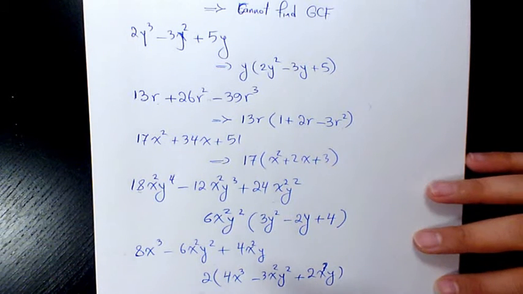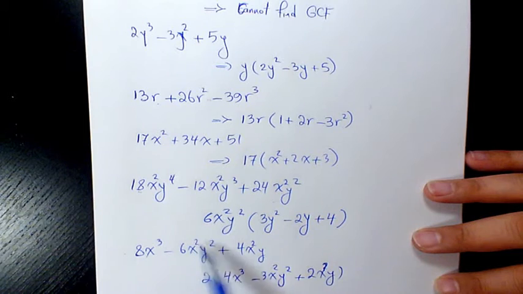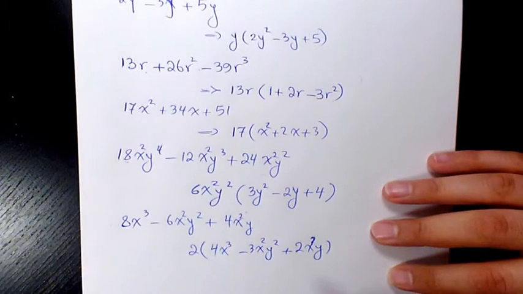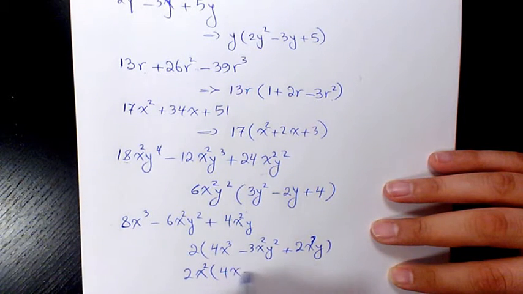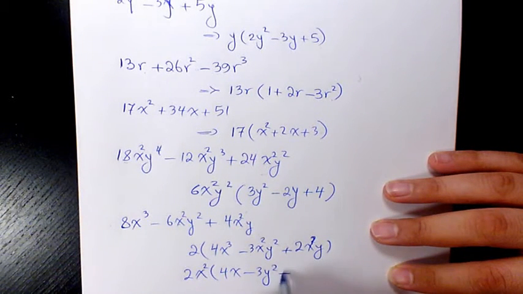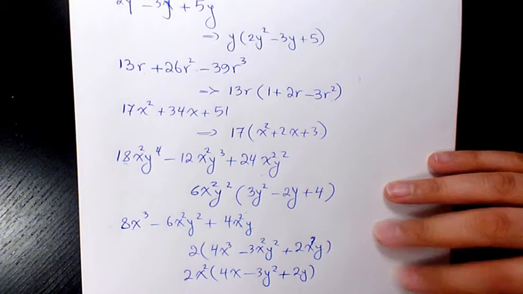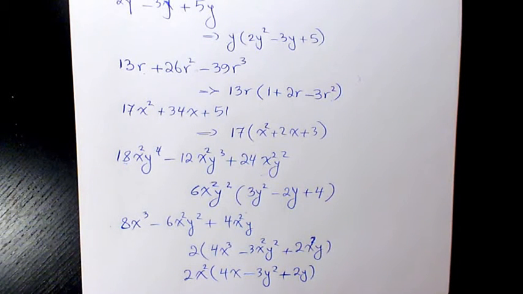Then what you can do, you can factor x squared because this one is x cubed, x squared, and x squared. So you can factor x squared. So it's going to be 4x minus 3y squared plus 2y. That's going to be the final answer for this one. Next example is